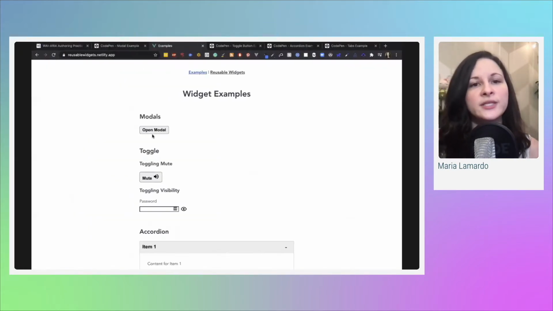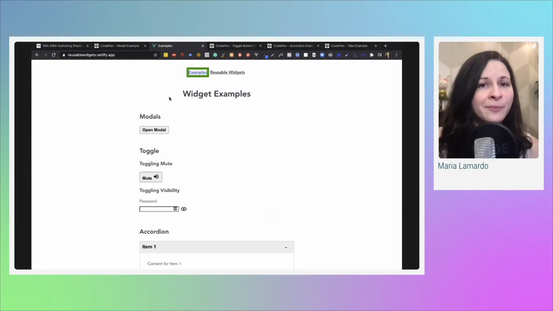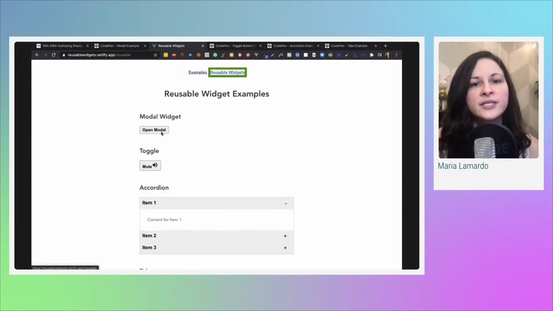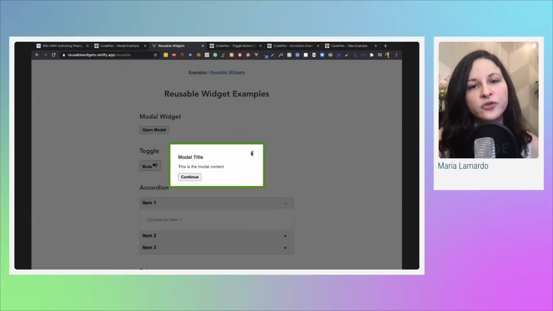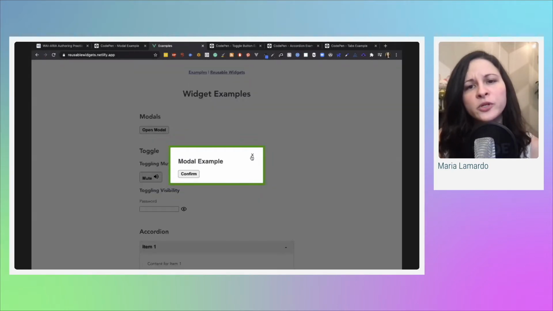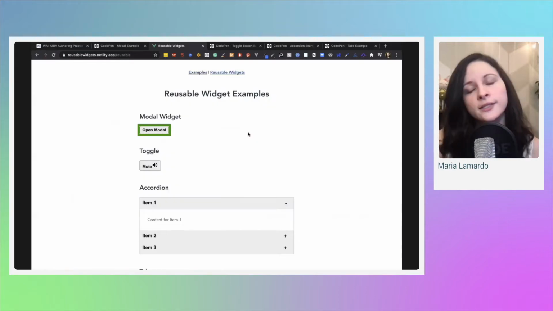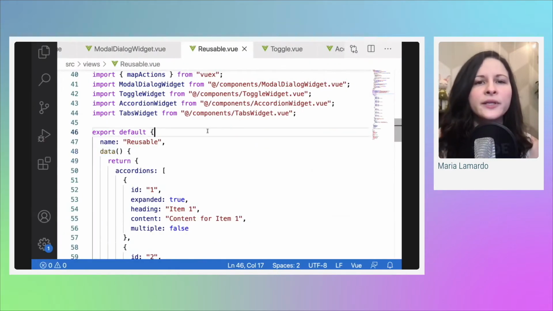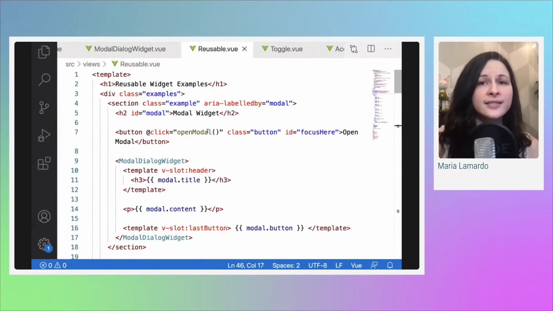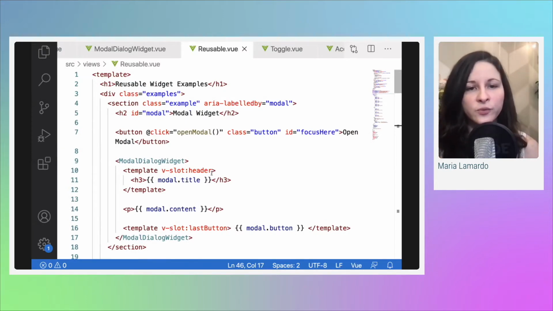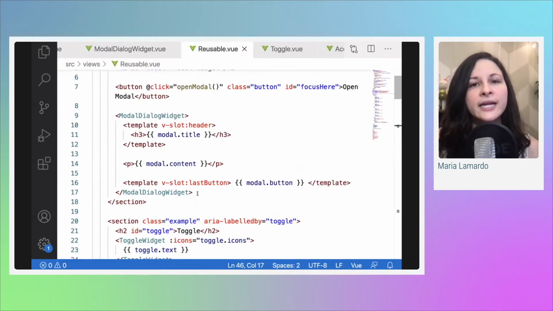So on this page, you can see that we have the examples that are not the reusable widgets, and then these are in the reusable widgets. You can see that they pretty much behave the exact same. And then you can see that this has a little bit of different content. So let's take a look at how that happened. Again, the exact same functionality as we've seen before, but this time